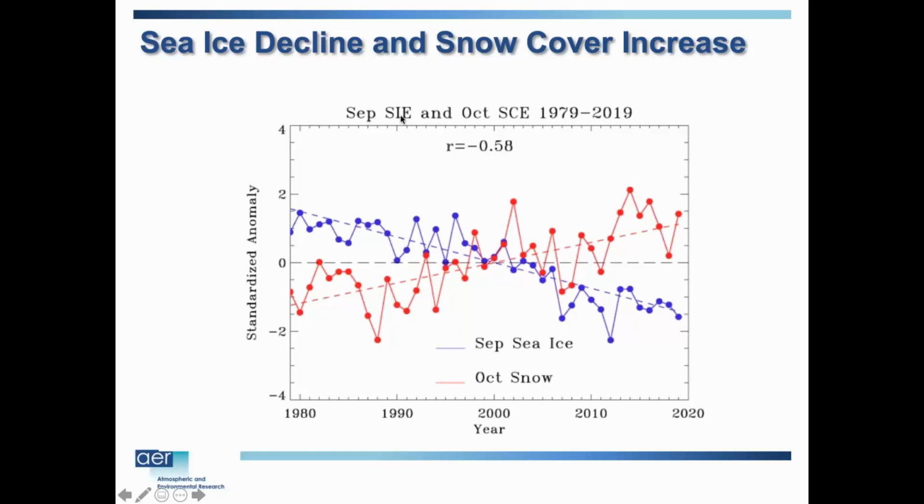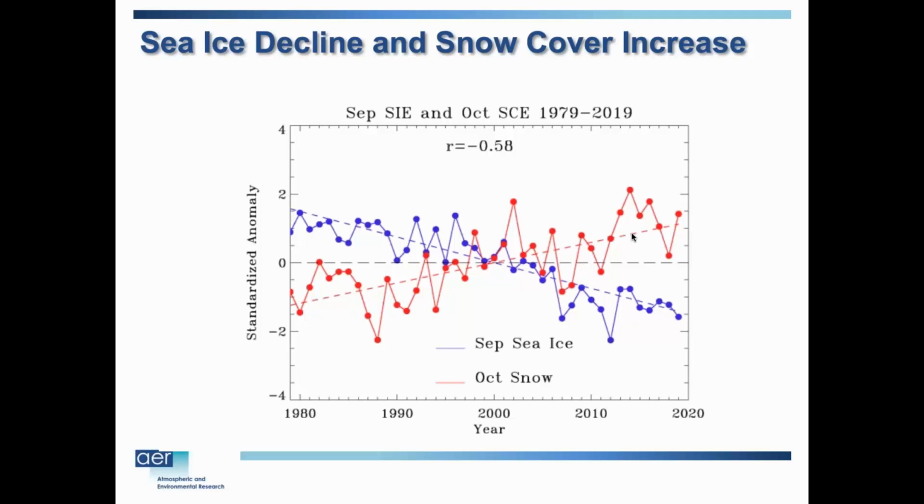extent. So another piece of Arctic amplification, I don't think it just involves temperatures, but I think it involves the cryosphere, the snow and the ice. So here's September sea ice in blue, and the red is October snow cover. As expected, the September sea ice extent is decreasing. It's pretty monotonic, decreasing, and I'm putting the trend line there. And then here's Eurasian snow cover in October. That was not expected, but it's been a pretty strong increasing trend.